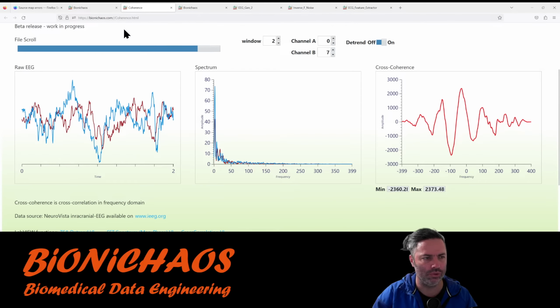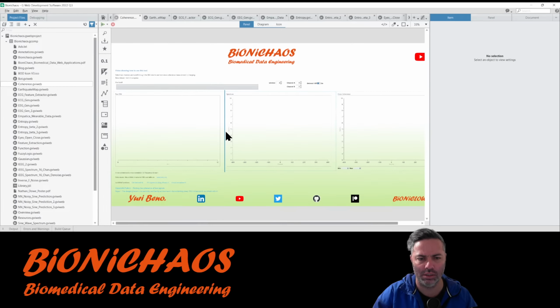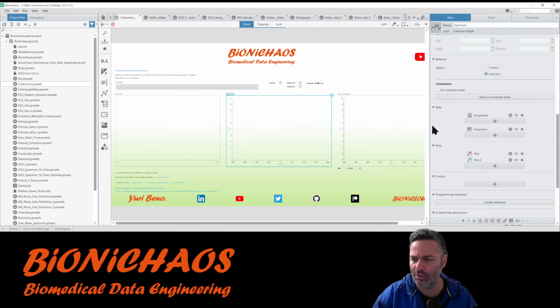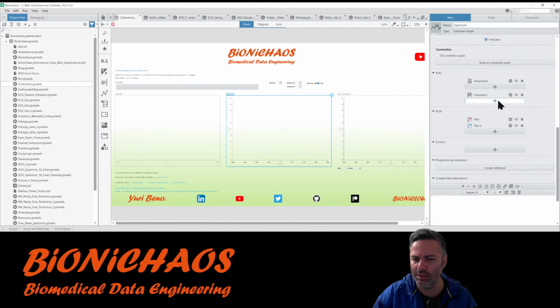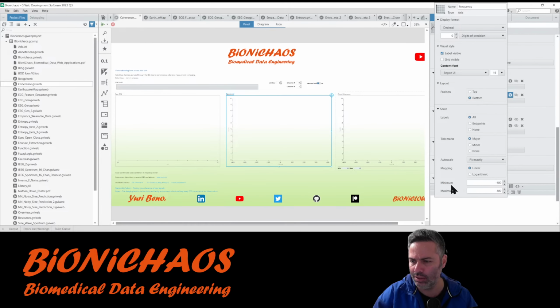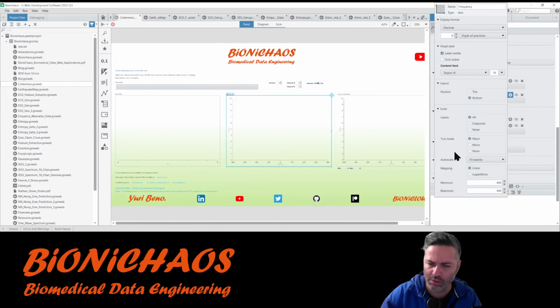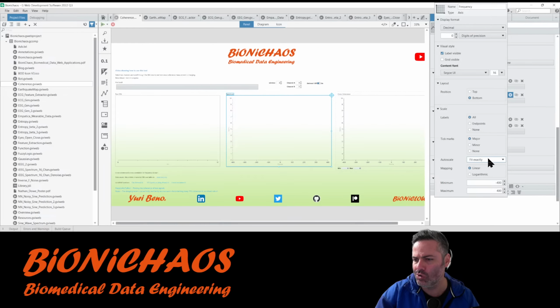Should really be called cross coherence, but it doesn't matter. This one, just checking if it's limiting. Fit exactly. So it is auto scaling.